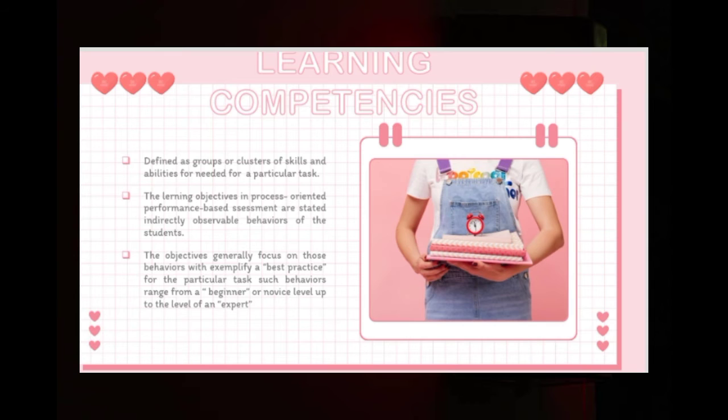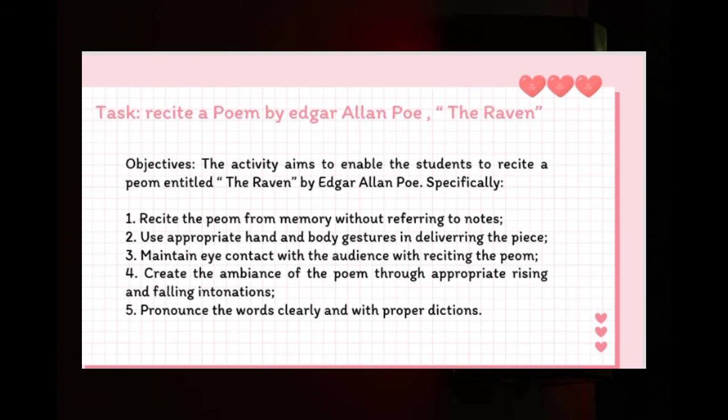To further understand learning competencies, we have here an example of learning competencies for a process. So, here is the example. The task here is to recite a poem by Edgar Allan Poe, which is entitled The Raven. Its objective is that the activity aims to enable the students to recite a poem entitled The Raven by Edgar Allan Poe. So specifically, its objectives